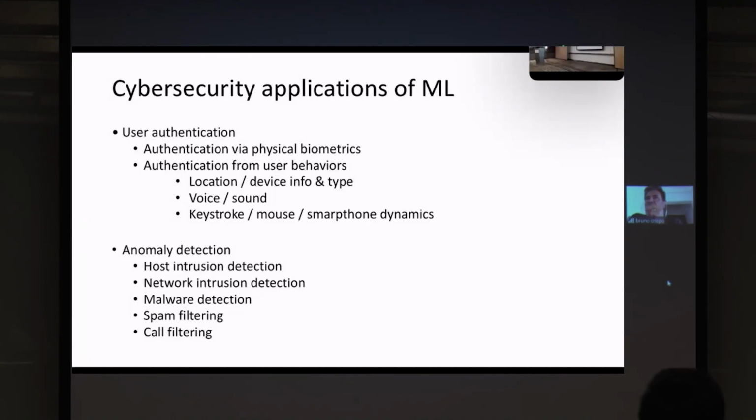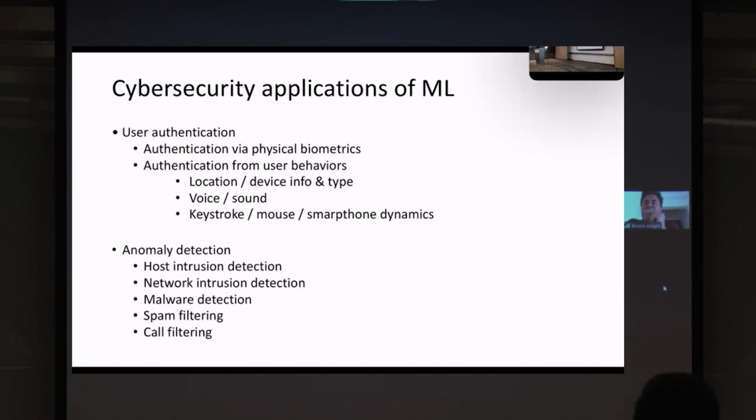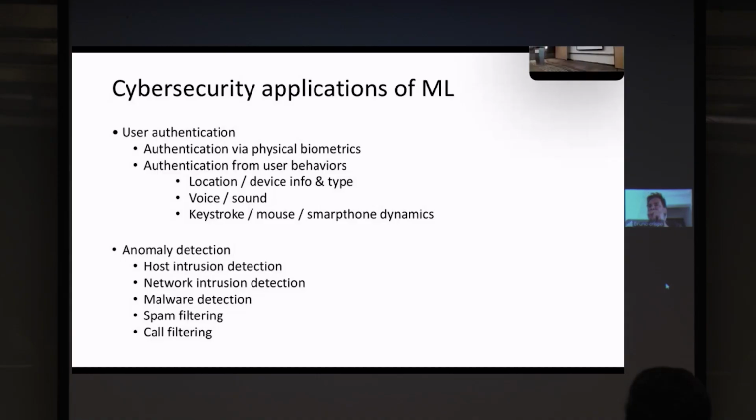a classification problem. Typically, in this problem, a one-class classification where you want to distinguish the owner of the phone, for example, against all the others, but it can also be an n-class classification. For example, you try to authenticate the user on an online banking application, and then the bank has a lot of customers, so you want to see if who tries to log in is one of the many.